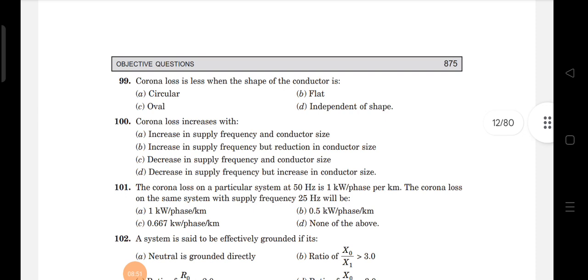Question: corona loss is less when the shape of the conductor is, okay, when the shape of the conductor is circular, right? Then only corona loss is less. Next